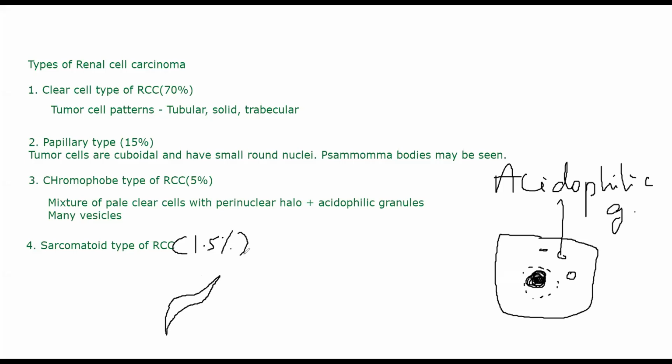Okay. Then we have the last type of renal cell carcinoma, which is the collecting duct type. Collecting duct type of RCC is very, very rare. It occurs in 0.5% of patients with RCC. As such, RCC will happen in 70 to 80% of renal cancer patients. RCC is prevalent in men more than women, and it will occur in 70 to 80% of all patients with renal cancers. Out of that, 0.5% is collecting duct type of cancer.